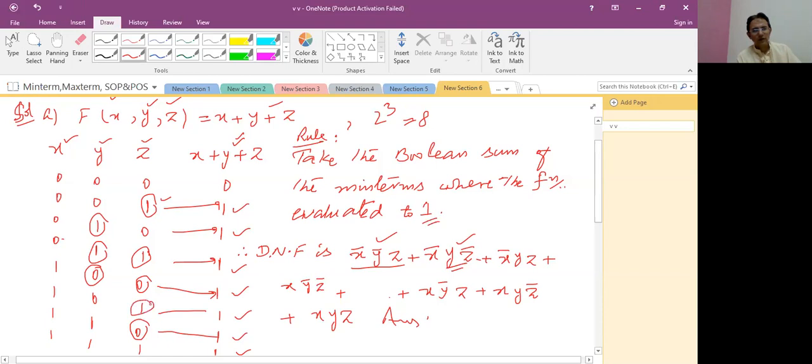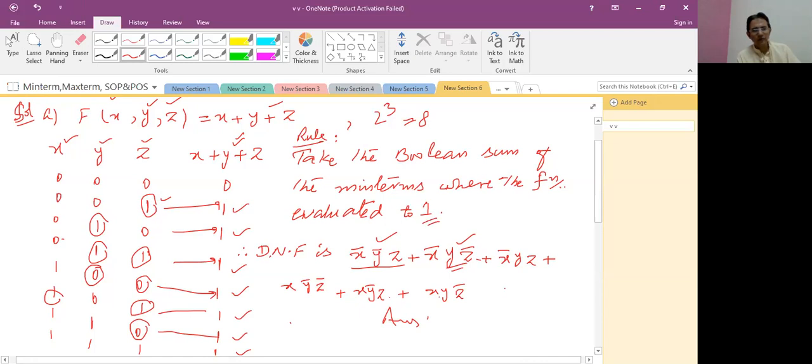Or when we consider the 6th term, it means X and Z both are equal to 1. So 0 means we will take the complement of Y only. So X, Y complement, Z. It is right here. So the next term, there are 5 terms. Now the 6th term is 1, 1, 0. It means we will take the complement of Z only. So X, Y as it is, the complement of Z we consider here, and in the last value it is